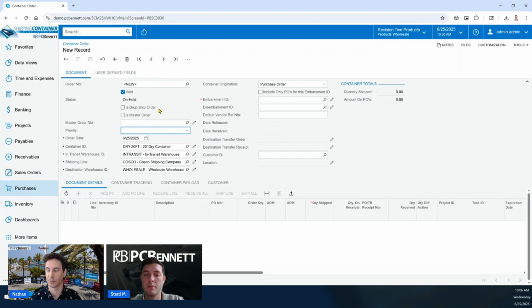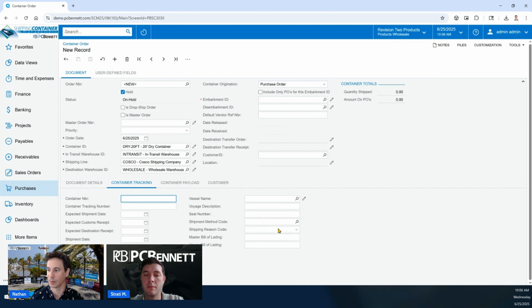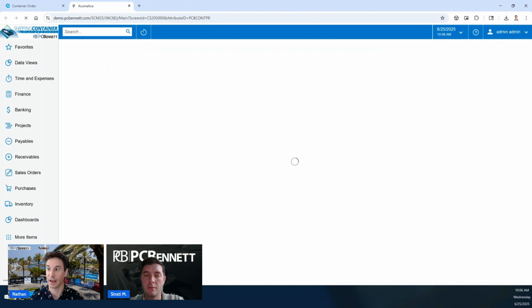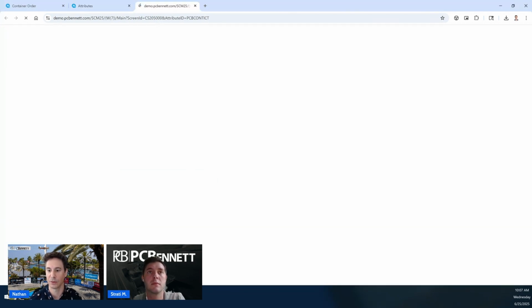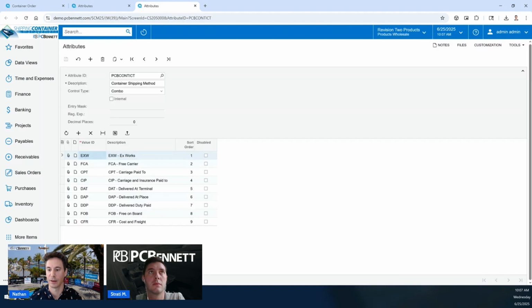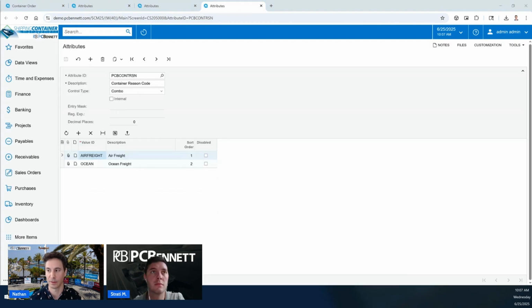You'll note that we now support drop shipping. That'll come later in the demonstration. And a few other attributes that manage our container workflow, things like the shipment method code and the reason code. All of those are set up as attributes in Acumatica, so you can manage what is priority to your organization. And if you have any other shipment method codes or shipping reason codes, things like that can be managed by you in particular relation to your industry and your